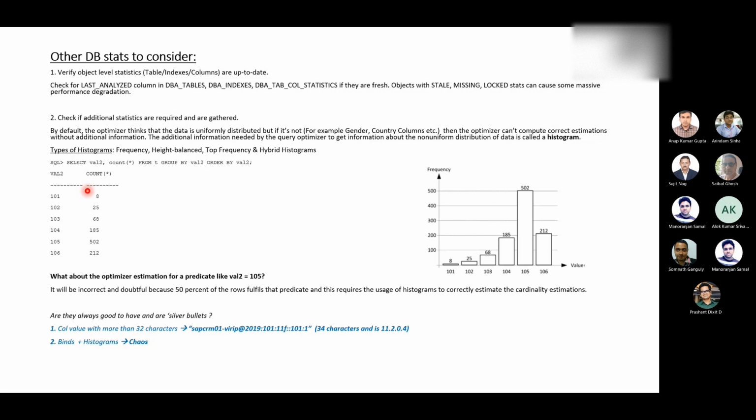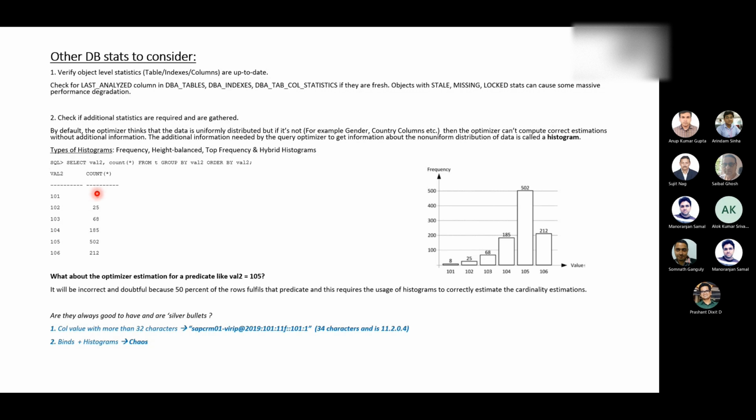I'm not going to explain the approximate NDV algorithm. It's again a little tricky and quite difficult to understand and digest at this point, and it is there from 11g. So coming back to the point, keeping such high cardinality in mind, Oracle may try to use a full table scan here, and the query cost will be high.